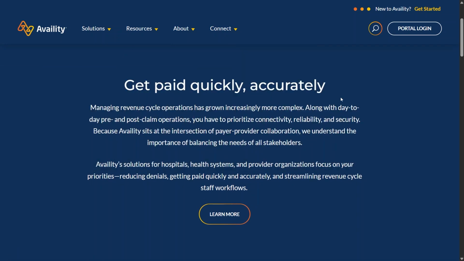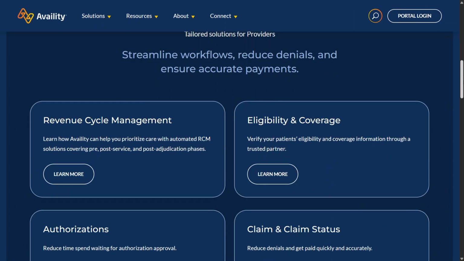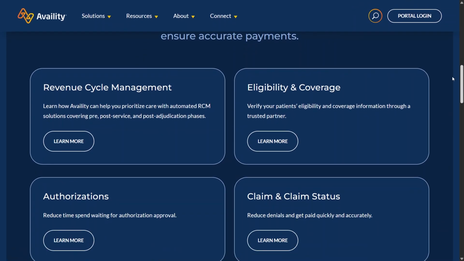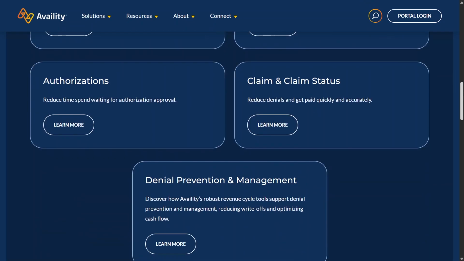First, open your web browser and go to the Availity Provider Portal website. Now click Sign In and enter your username and password. If you do not have an account yet, select the registration option and follow the steps to create one for your provider organization. Once you log in, you'll be taken to the main dashboard where you can access different tools